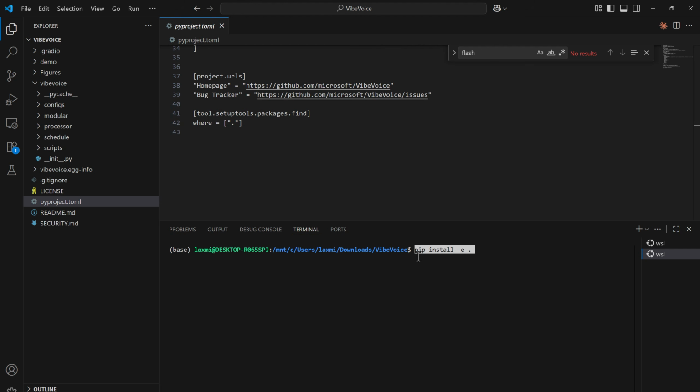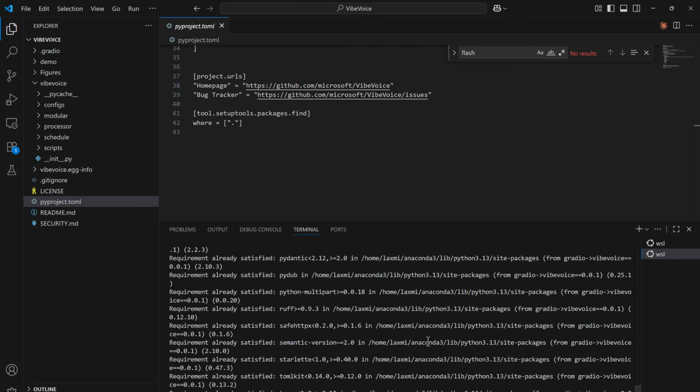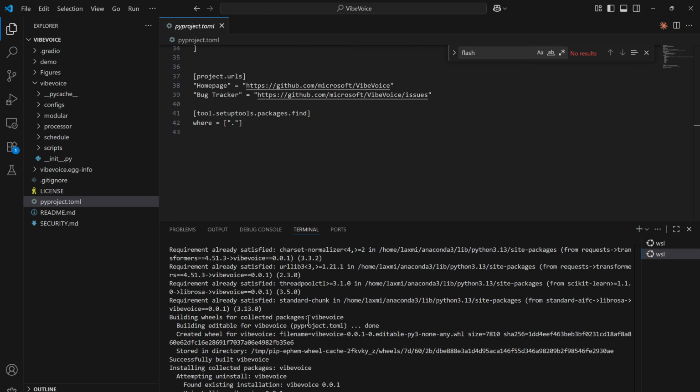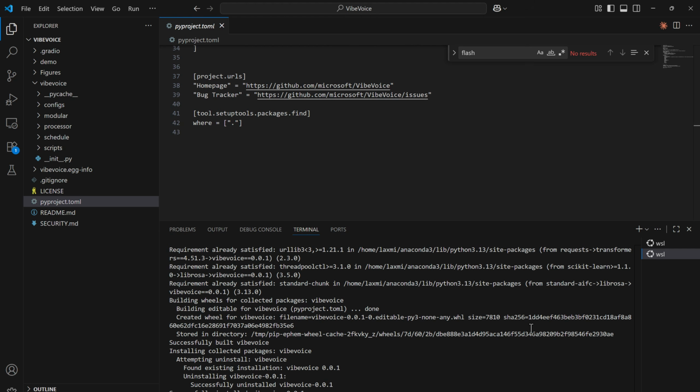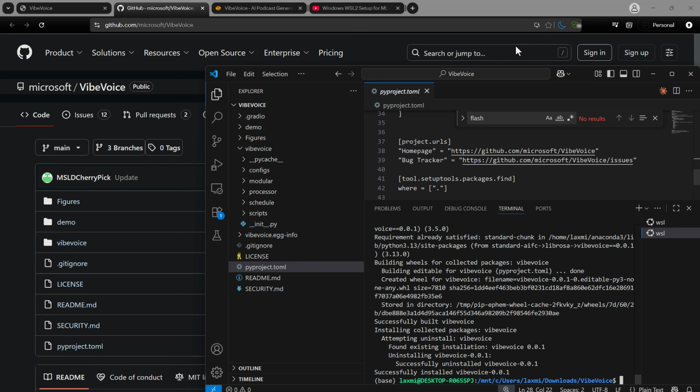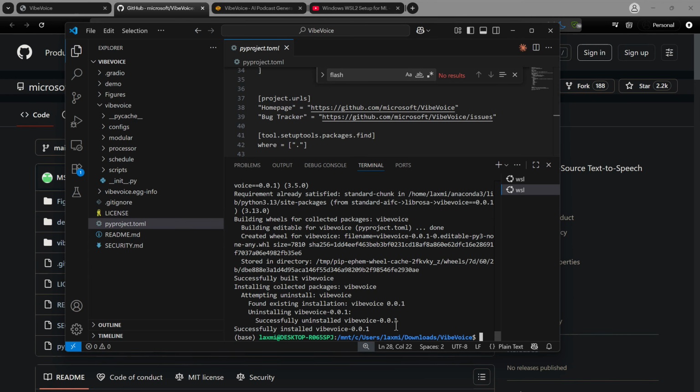All right. So you need to first install all the necessary libraries. You have pip install -e and dot. With this, it is going to install all the necessary packages from the .toml file. I have already installed, but still I'm just showing you how you can do this. But my installation is done here. You will notice that it says that it is already installed here. All right.